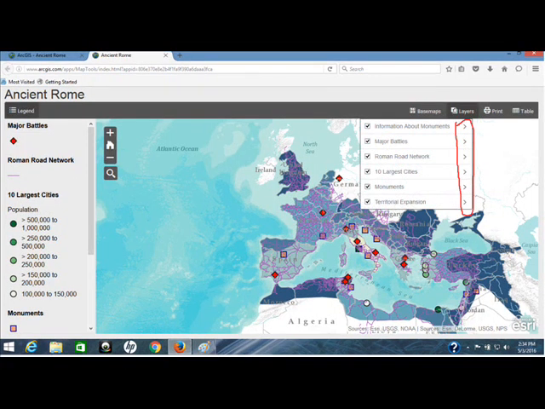So when I click on the layers icon, I get a drop-down menu that shows all the layers that are contained within the story map. And to the left, those you can check on and off as the students would be instructed. Now I've circled in red there on the side arrows, and I want to show you another feature on using this as being able to encourage analysis and critical thinking.